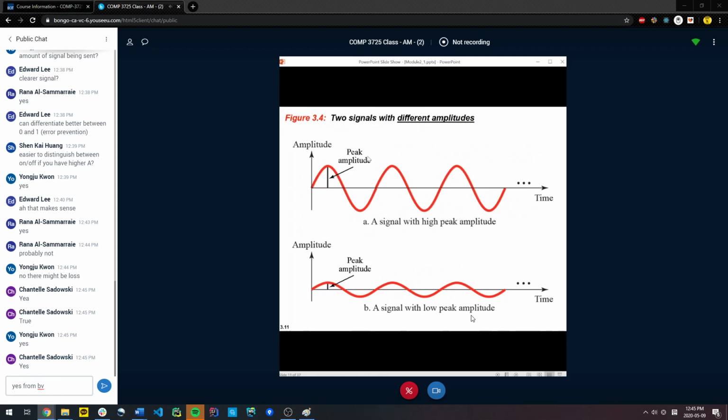So why do I want these two amplitudes to be far apart? Simply this: if I say this was 5 volts and this was 5.5 volts, well, the amount of perturbation of this signal as it travels through distance is enough for me to incorrectly receive it, right? If the top diagram at high amplitude is a logical 1 and this is a logical 0, the distance is enough for me to make an error in determining whether it's a 1 or a 0. Does everybody see that?